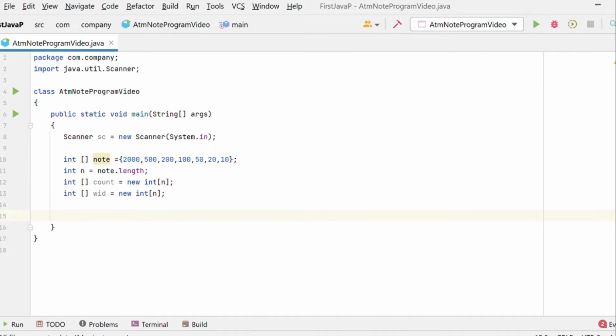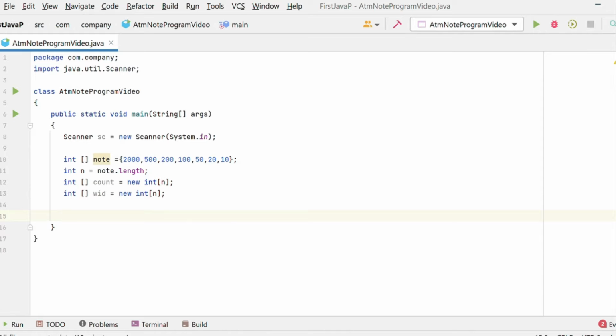So then we have to take an input from the user. But in an actual case, an ATM machine does not ask you how many notes are available. In an ATM machine there is a sensor which calculates how much is remaining in the tray. But here we are going to take an input from the user, how many notes you have left, 2000 rupees notes, 500 rupees notes. These are the notes left, or that you have.